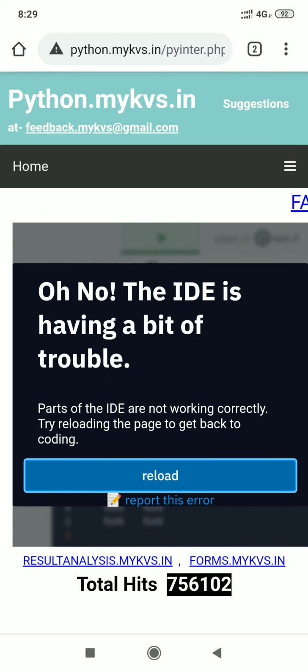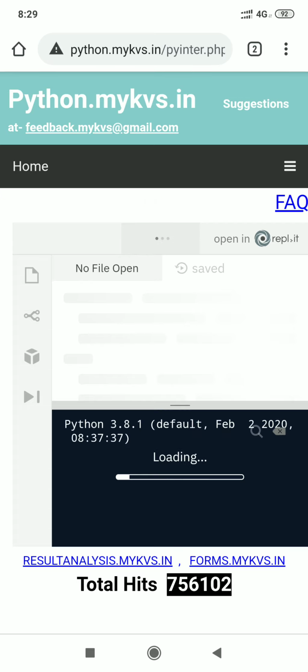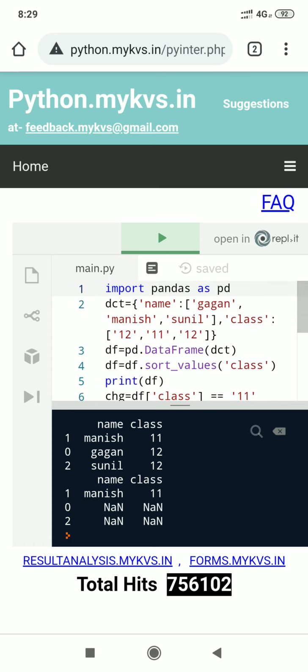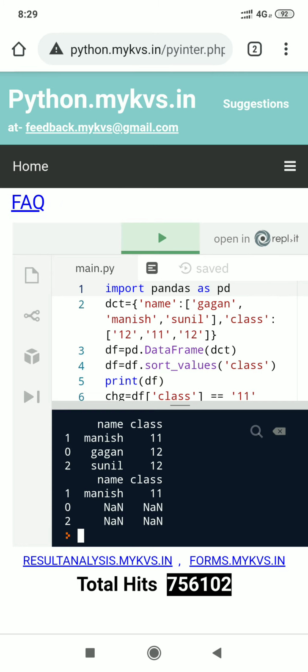Well, students, you can try it yourself. It is freshly loaded, that's why its data will be removed. Supposed to, okay, it's not removed. So students, you can see I again execute the same program. Here it is executing its output.